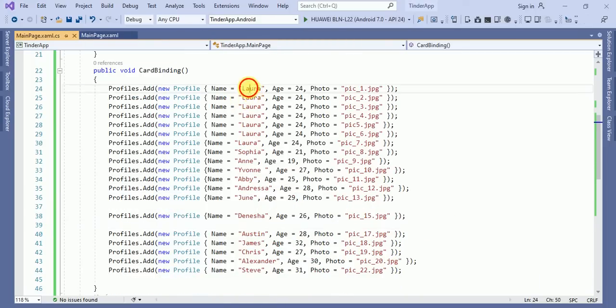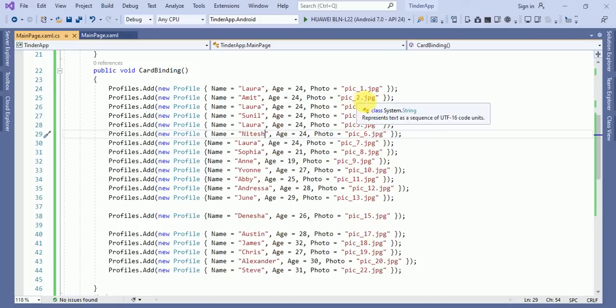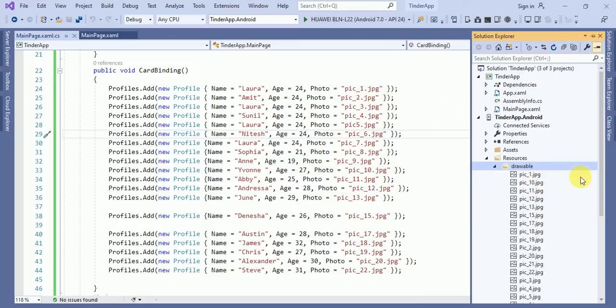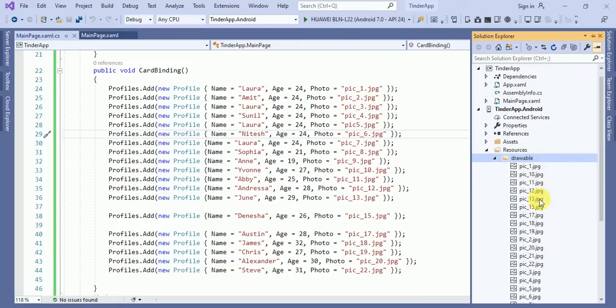So I have changed the name. Okay, suppose Amit, I'll just make a difference. And age I have changed, and here pic_1.jpg, 3.jpg, 4.jpg. I already told you that I picked from here.